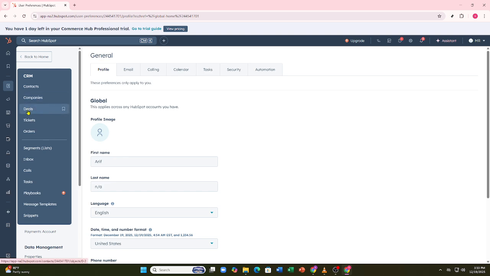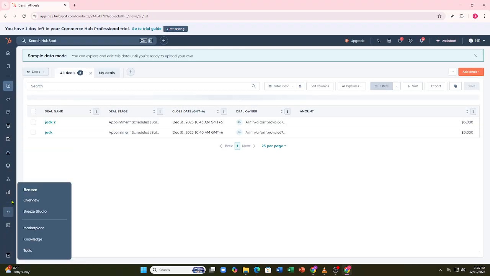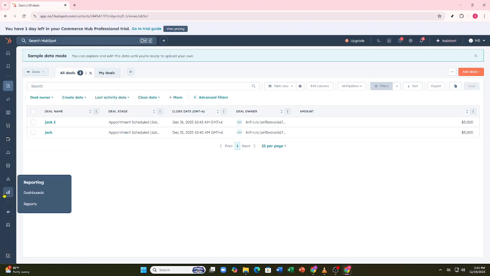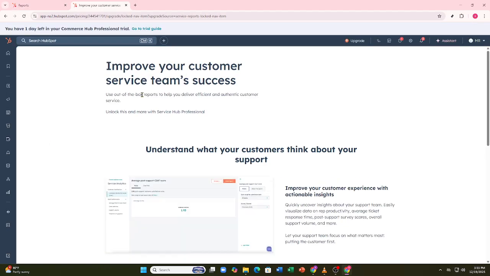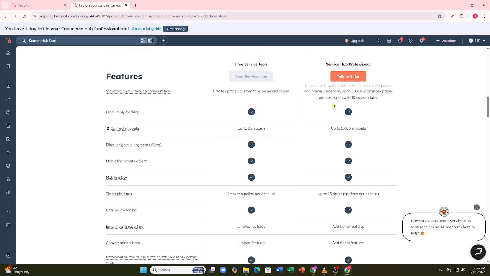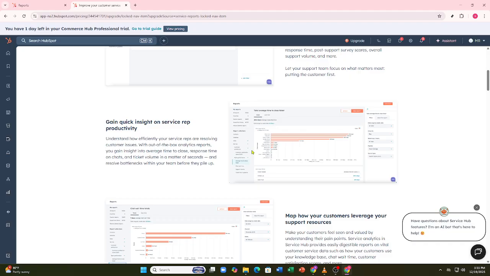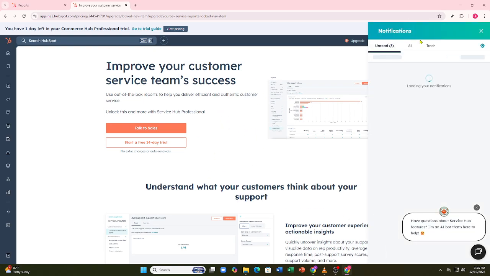Check service dashboards and reports to monitor performance. Track metrics like response time, ticket volume, and resolution rate to improve your support quality. As your support grows, use automation to assign tickets, send follow-up emails, or update ticket status automatically. And that's it. By using tickets, pipelines, email connections, templates, and reports, you can manage customer support in HubSpot efficiently